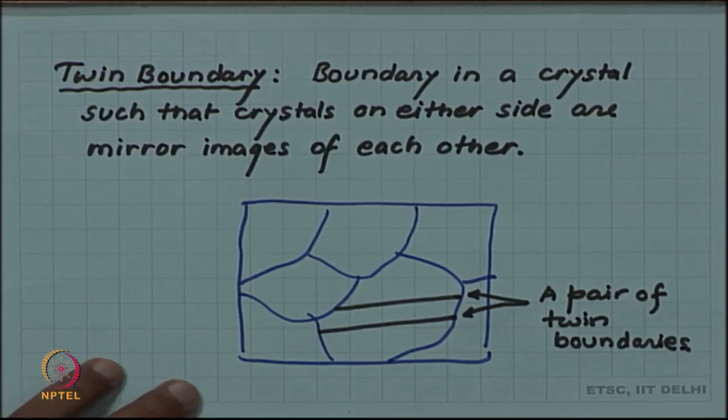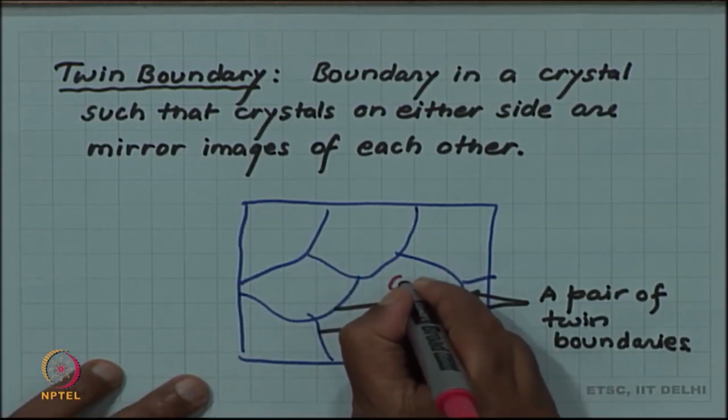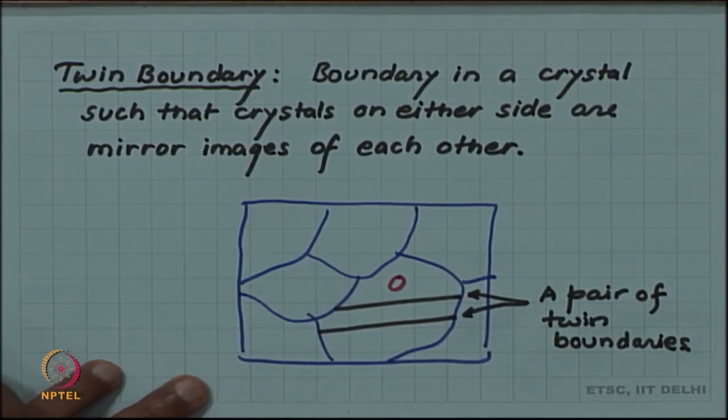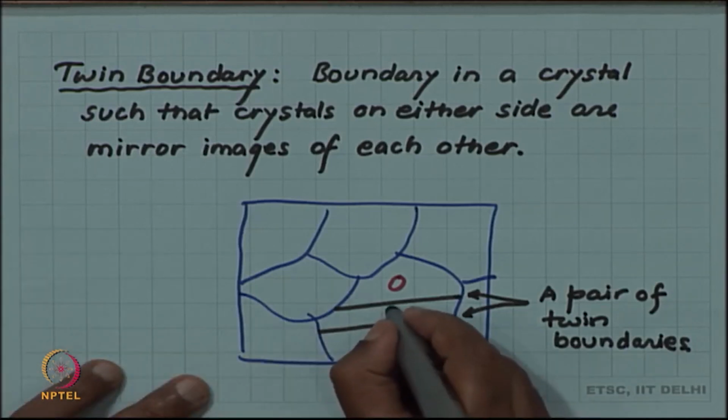So, you can see that this will have some given orientation, let us say O, then this is a reflected orientation R,